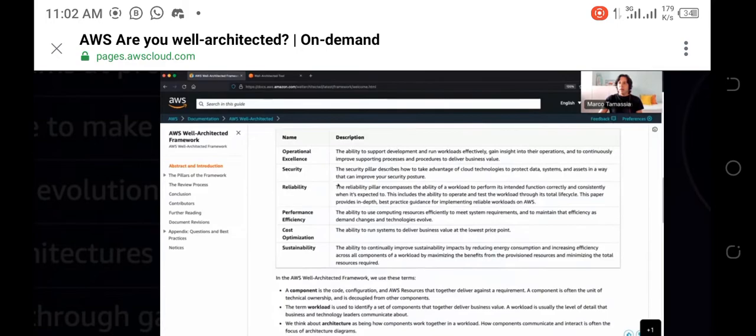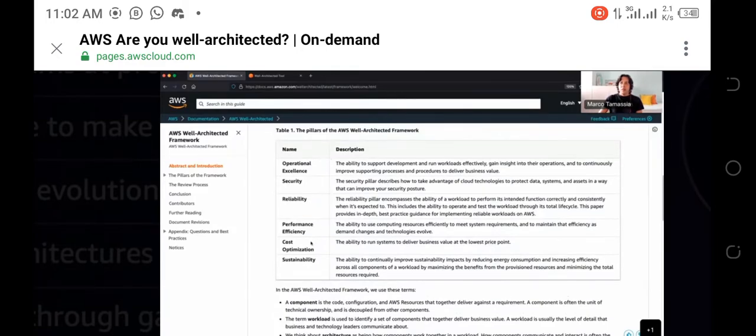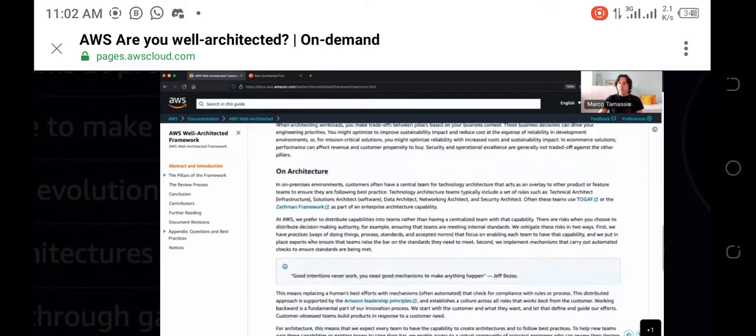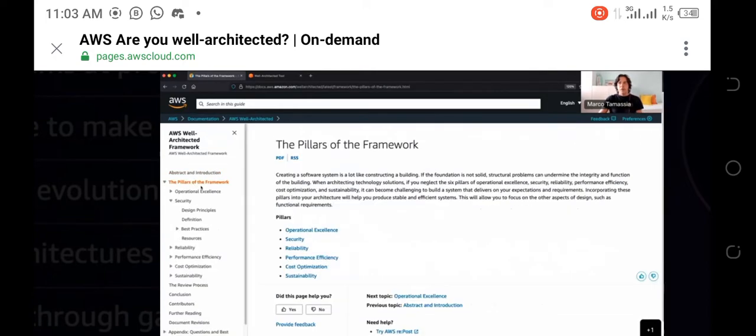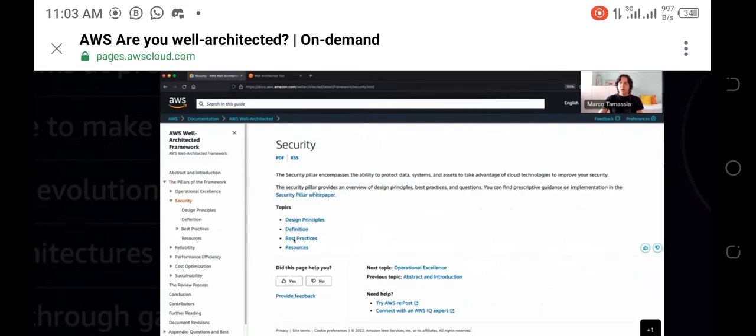If you scroll down, you see the list of the pillars, and if you scroll down again, you will see the general design principles, the ones I mentioned before. And if you click on the left, the pillars of the framework, you can see each single pillar. For example, I can click on security, and for every pillar, you see the design principles, definition, best practices, and additional resources. If I click for